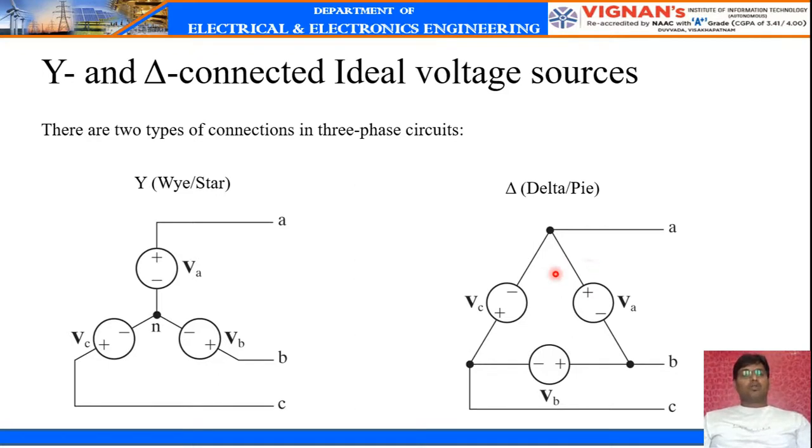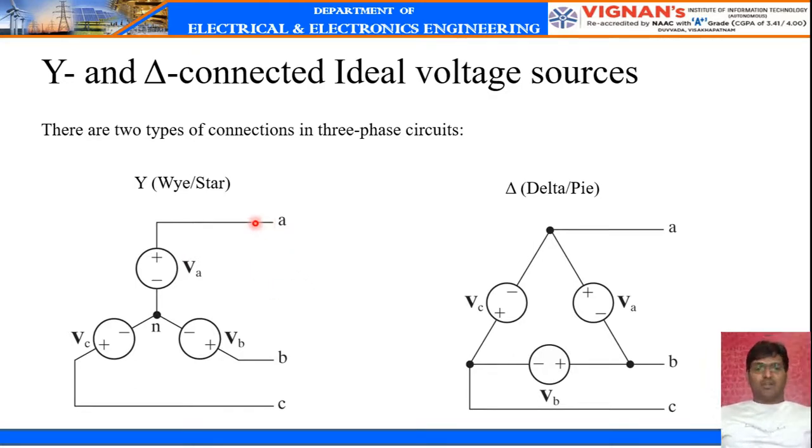In most practical industrial applications, you can see that the three-phase sources are connected in star or delta because when you connect AC voltage sources in star or delta, the magnitude of the line voltages or line currents gets amplified, increased or decreased based upon the type of connection. And this increase or decrease by some factor, say root 3, will be helpful for designing the